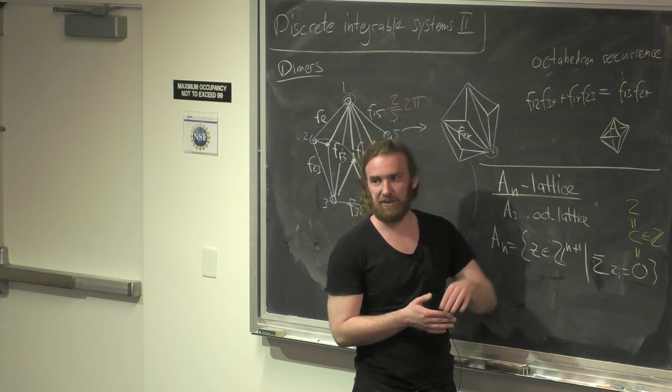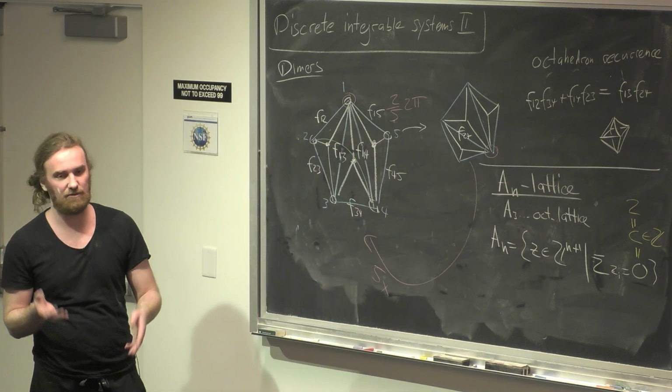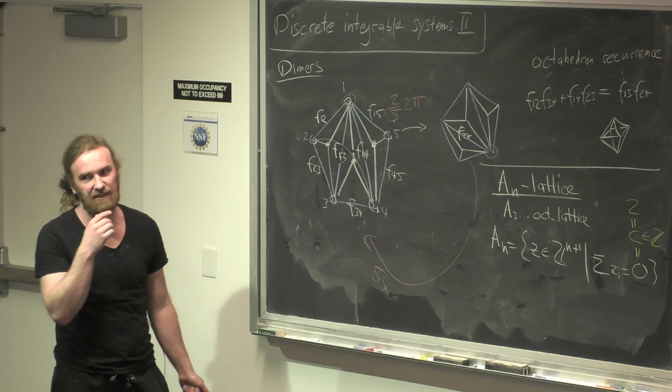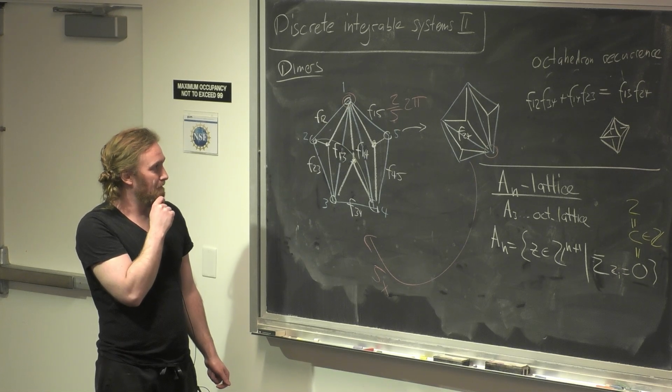Doesn't matter, though, for the octahedron recurrence, but you could have cases where you have fields not just at the vertices, but at the edges or the faces or something, and then suddenly the other cycles will matter. In fact, a